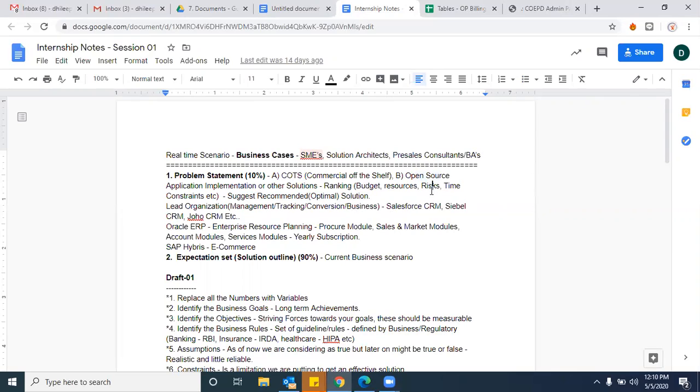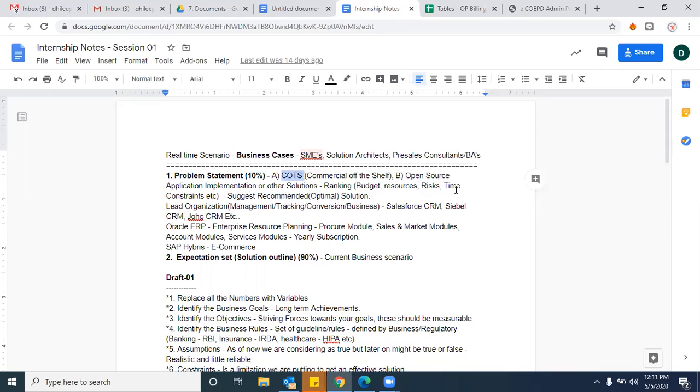compared to risks, when it comes to risks, ultimately COTS has huge risks. Correct. Do you agree? Correct. Why? Because the complete intellectual or sensitive information that we are keeping in public sources has huge risk, right or wrong? Yes. When it comes to open source, that is your own product. You can keep your data anywhere, right or wrong? Correct. So in risk percentage, COTS has huge risks and open source has fewer risks.